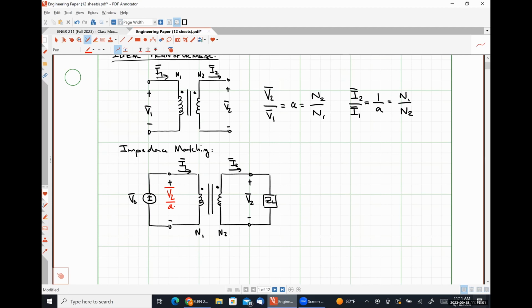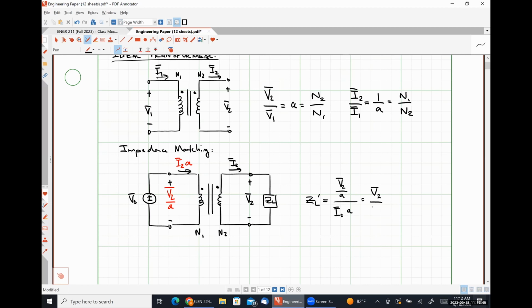So I1 will be I2 times A, absolutely. The impedance seen at our primary, I'm going to call this ZL single prime, is simply going to be the ratio of that voltage, V2 divided by A, divided by I2 times A. Well, this is the same thing as